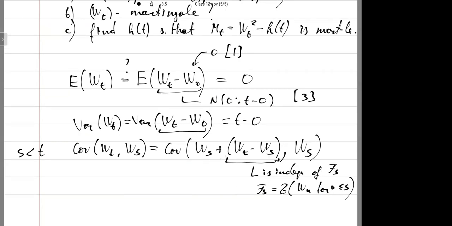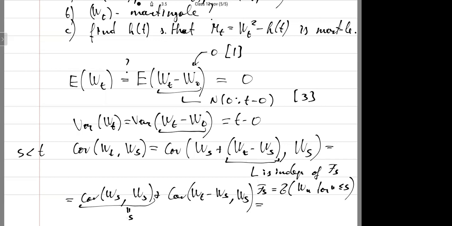So first, the covariance of WS with WS, plus the covariance of the future increment with WS. The first term is just S, because we know that it's a variance; we have already calculated variance. And the second term is equal to, once again,